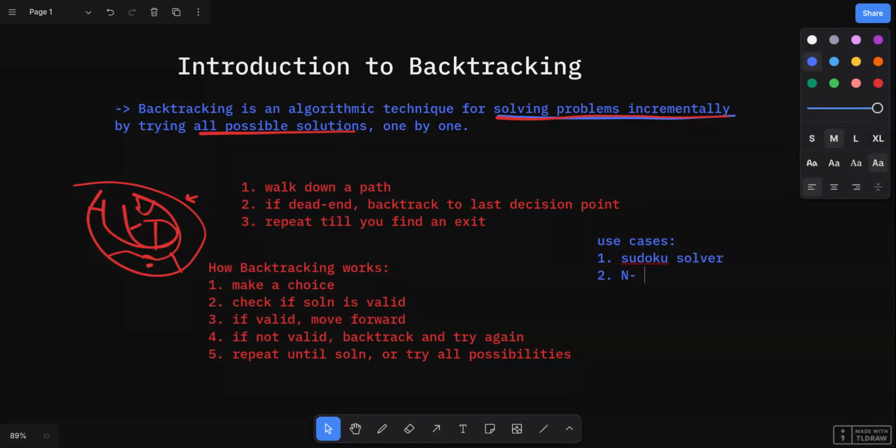So we have the n queens problem. To understand it, you place n queens on an n by n chessboard so that no two queens attack each other. If you've played chess before, you understand all the chess rules that apply. So in the n queens problem, you place n queens on an n by n chessboard so that no queens